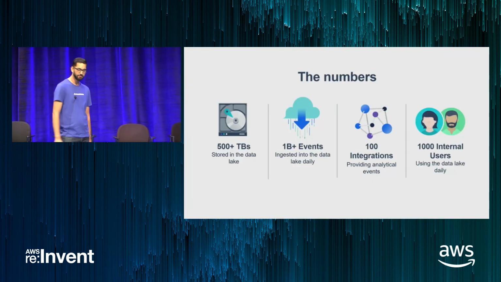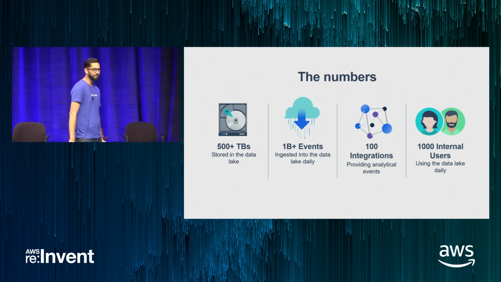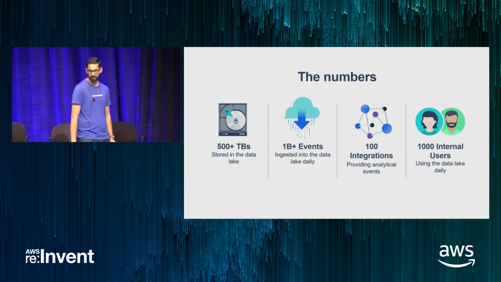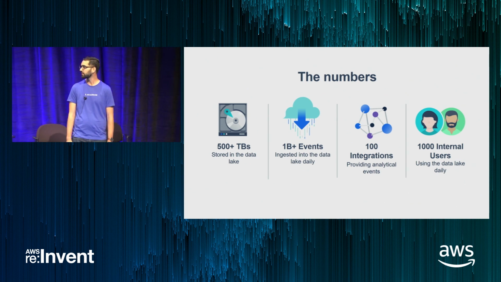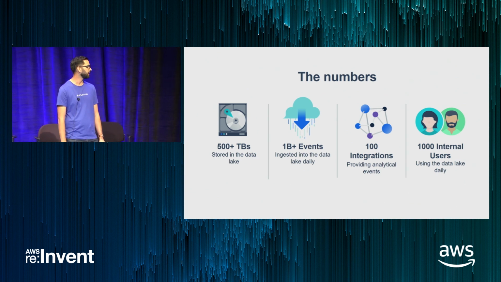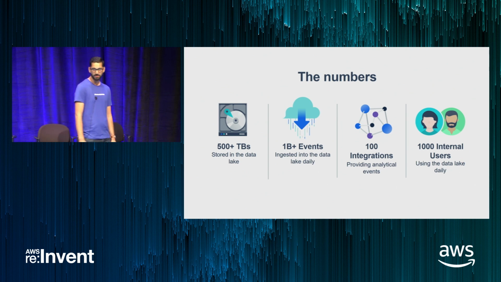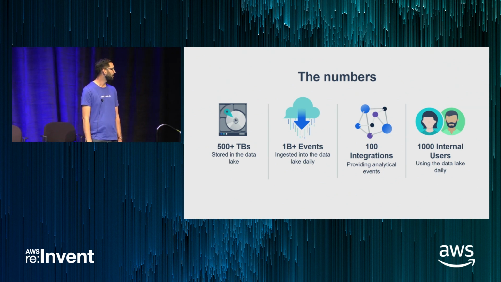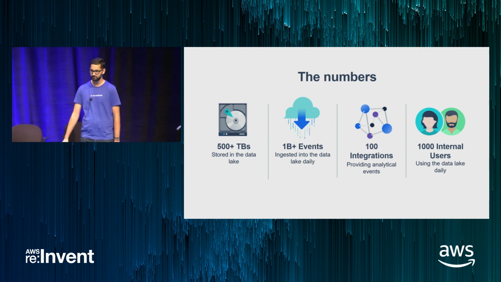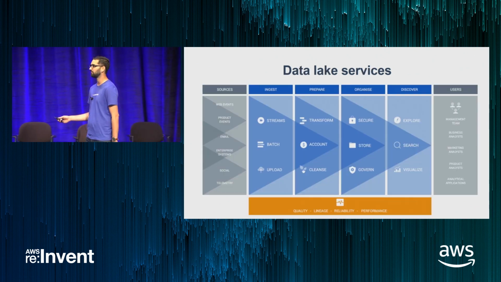To give you an idea of scale, we have 500-plus terabytes of data in binary compressed format available for access on S3. We ingest over 1 billion events every day. We have around 100 integrations into the lake, and we have 1,000 weekly active users out of 2,000-plus, somewhere around 2,000 employees at Atlassian. So it's mostly internal